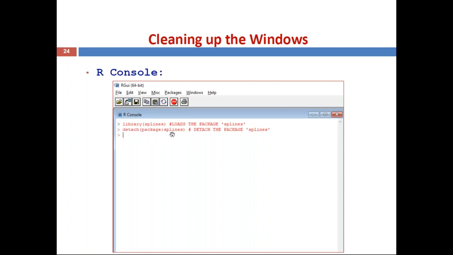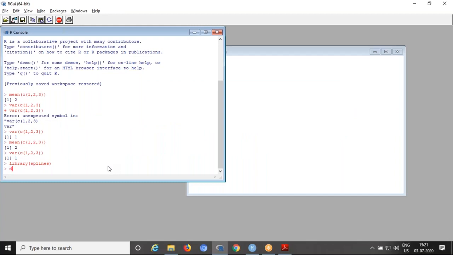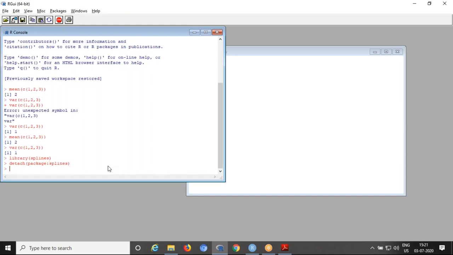Instead of splines you can enter whatever package was previously loaded. So automatically the splines package is detached, and any commands related to splines won't work now because of the detach.